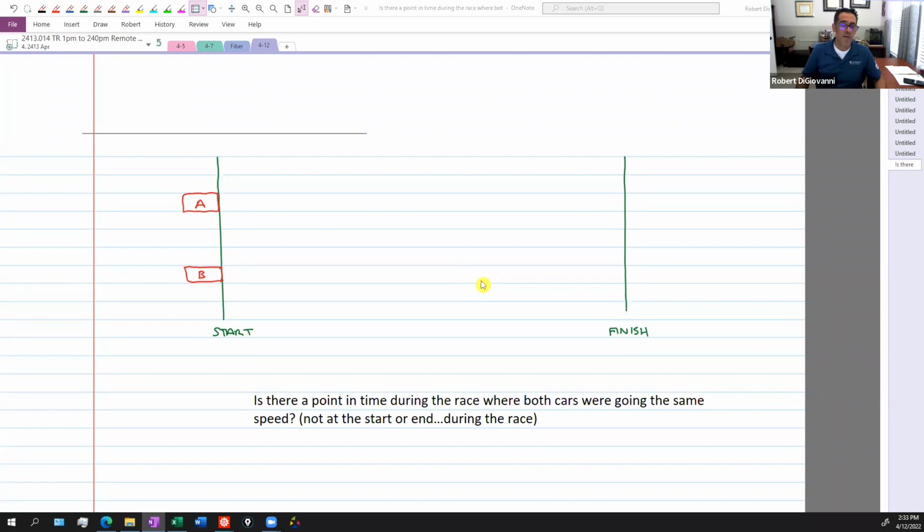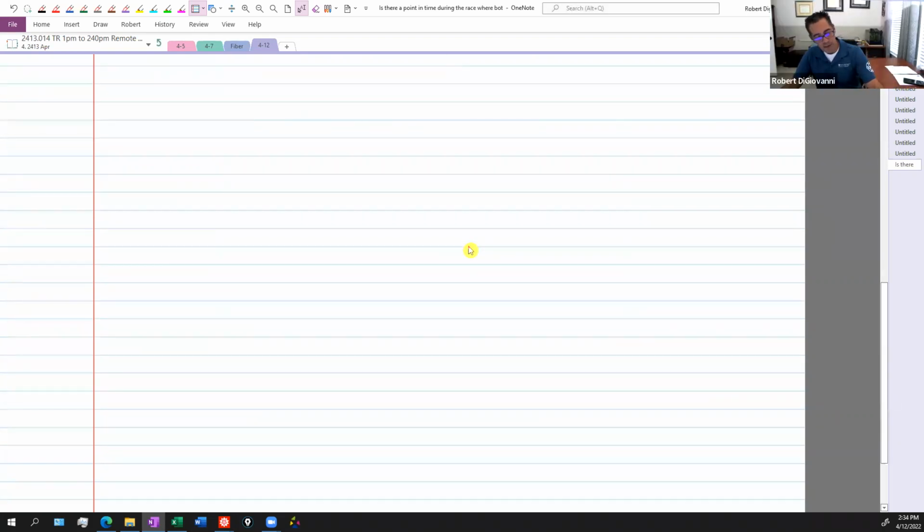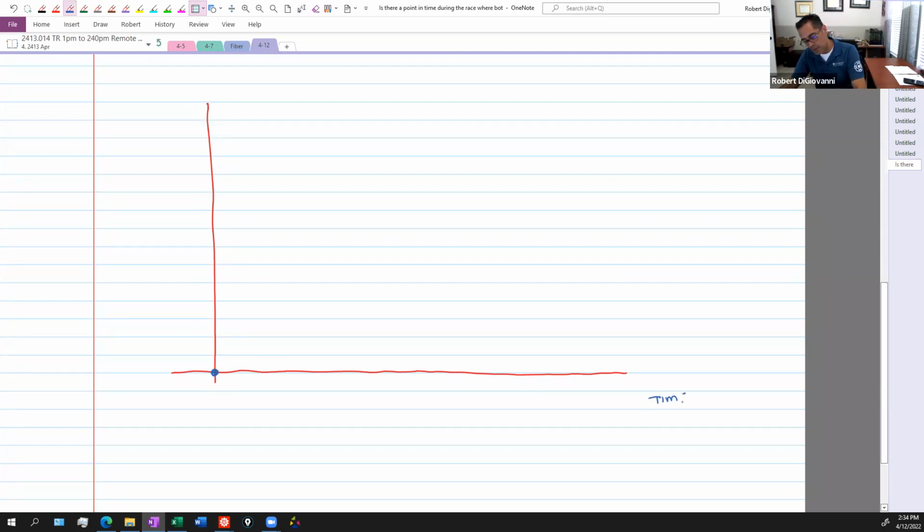Do they both cover the same distance in the same time? Yes? Okay, that we can all agree on. So if I were to try and visually represent that, we'll do car A in blue. Car A is going to start, right? This is time, and this is distance. So they're going to start the race, and then after a certain amount of time,